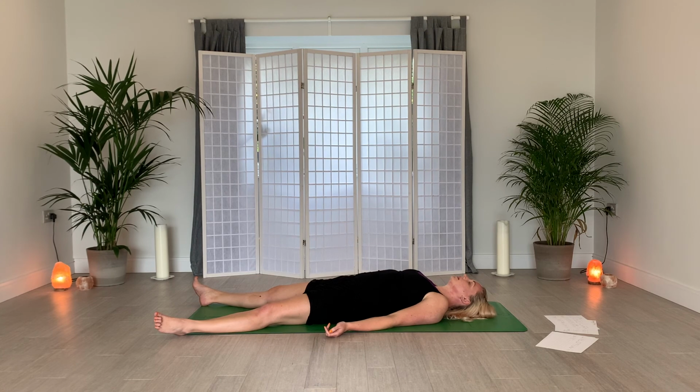Feel the weight of the mat. Feel the ground supporting you. Just let go. If you've got more time to spend in Shavasana, then please do. For those of you who are ready to come out of Shavasana,